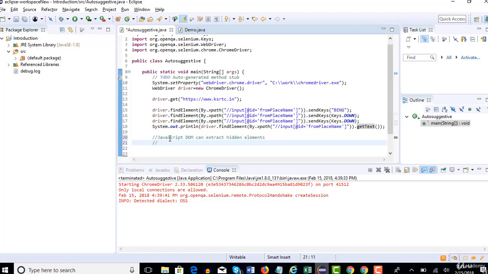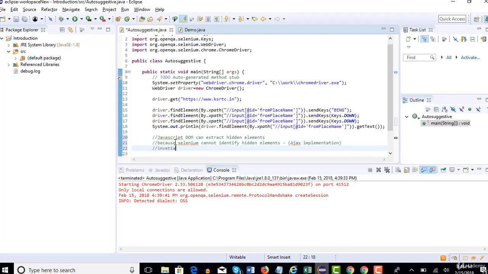So why do we need to shift our focus to JavaScript DOM here? Because Selenium cannot identify hidden elements or anything implemented the Ajax way, the Ajax implementation. So how do we identify whether it is hidden or not?